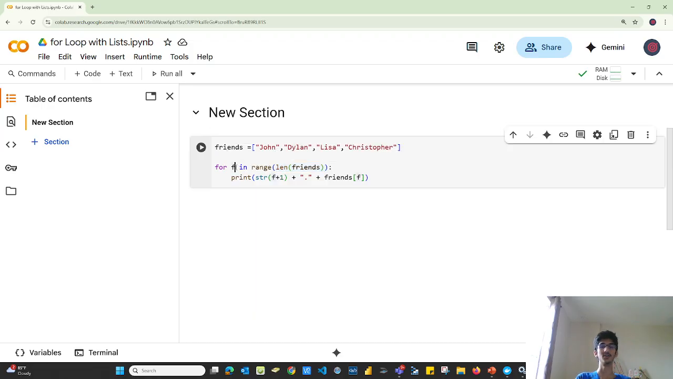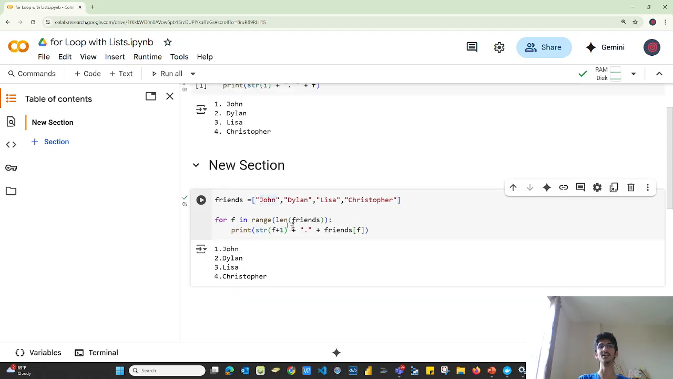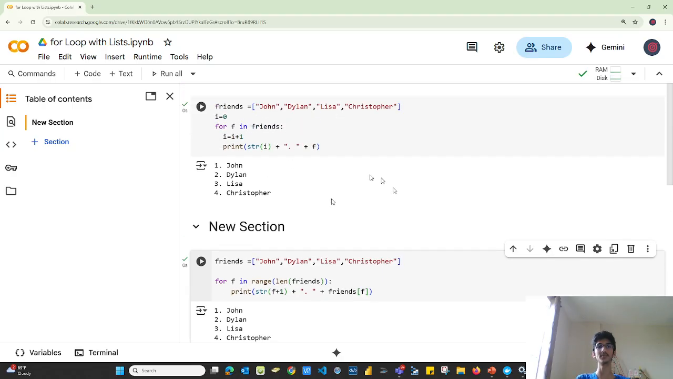And f is just a number, so it'll go from 0 to 3. And then what it'll do is print string of f plus 1. So when f is 0, it'll print 1. When f is 1, it'll print 2. And all the way until 4. And then friends of f, well that's just the first friend, second friend, third friend, fourth friend. So it would have the exact same output, except there's a space. It would have the exact same output as this first code segment because it's just a different way to do it,